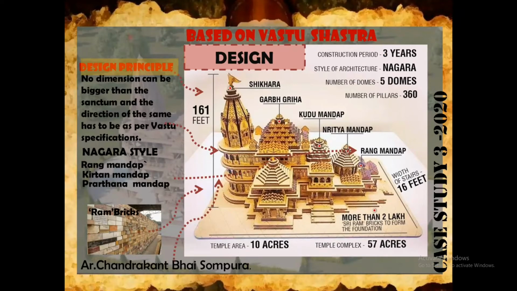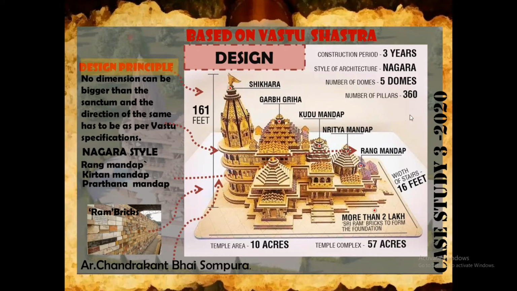Ram Mandir. The Ram Mandir, which is being built in Ayodhya, is one of the most important cultural centers in India. The height of the Ram Mandir is a staggering 161 feet. Also, the Ram Mandir is based upon the Nagara style, or the North Indian style of architecture. It is built on a traditional jagati, or a stepping stone, to balance the pressure. The total temple complex is 57 acres and it has no entry gate or boundary walls.